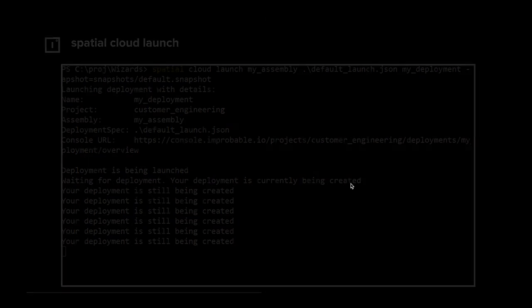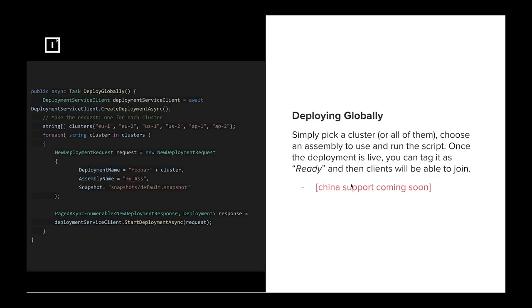The really cool thing here is a global deployment script on SpatialOS is less than 20 lines of C#. You can see here, this script will bring up 6 deployments, 2 in the EU, 2 in the US, and 2 in Asia, with China support coming really soon. So no more worrying about AWS or Google changing their APIs or their support. We've wrapped it and we have backwards compatibility guaranteed.